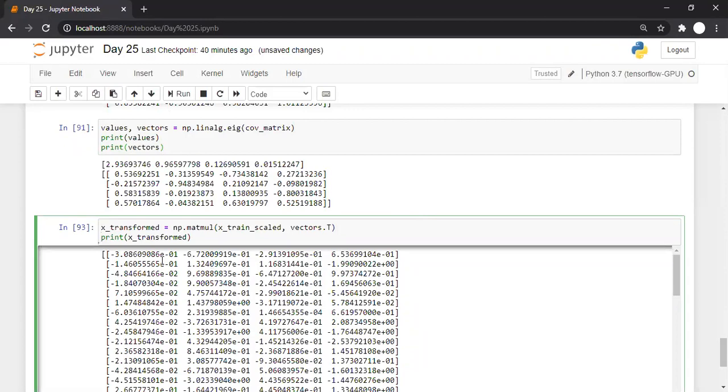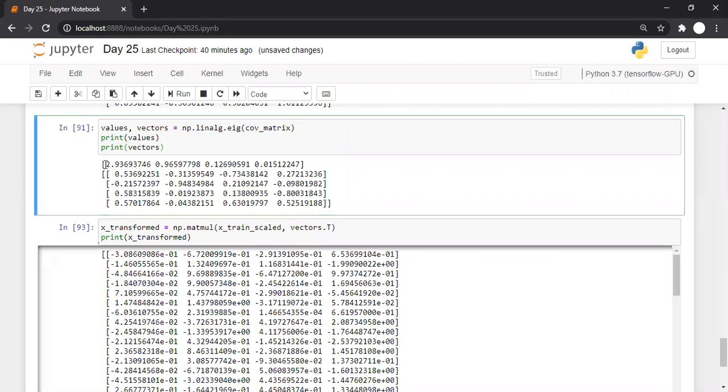But you will say that okay, earlier there were 4 columns. Also again there are 4 columns now. So what is the dimensionality reduction? So dimensionality reduction comes over here. This is the eigenvalue for the first component, second component, third component, and fourth component. So if you want to select 2 components, then you will select only the 2 highest eigenvalues. And if you select the 2 highest eigenvalues, then you are supposed to select the corresponding eigenvectors. So if there are only 2 corresponding eigenvectors, after multiplication, you will get only 2 columns.